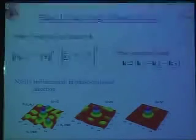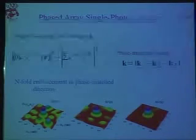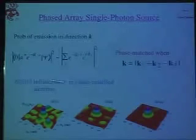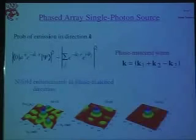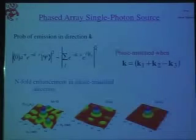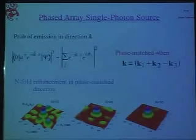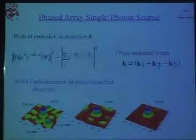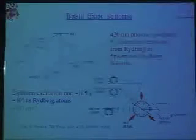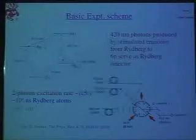And if you ask just what's the probability of emission into some direction, you have to sum the amplitudes, and you have a phase matching factor, just like in classical four-wave mixing. And you get an n-fold enhancement in the phase match direction. So here's a simulation of 50 atoms all confined in one blockade volume. So this kind of thing is potentially very interesting, a directed deterministic single photon source. So we haven't done that, but we're starting to do some of the things that you need to realize something